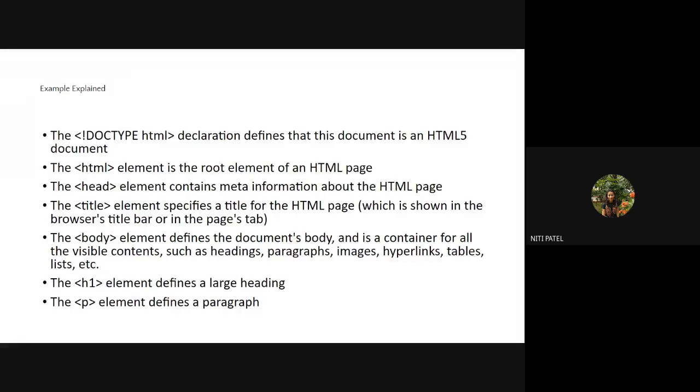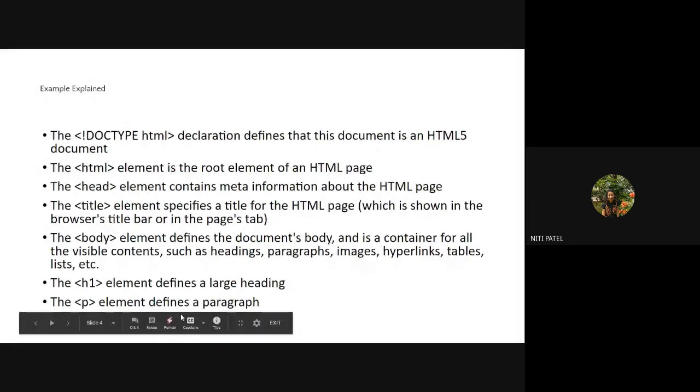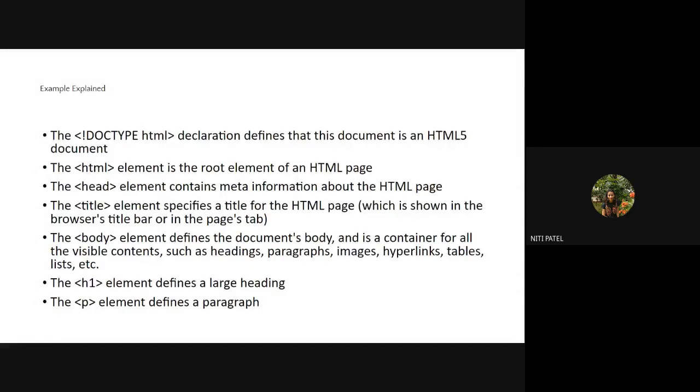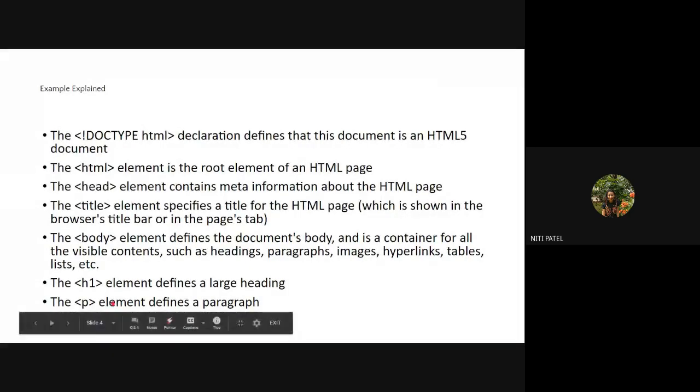If you want to show a table or display the timetable online, how is a table made? It is made inside the body tag. Okay, if you want to show some list, that you have these many students in first year, and if you want to show that in the web page, how is that list made? It is made inside the body tag. Okay, so whatever headings, whatever contents, images, graphics, animation, whatever you want to put, that is always added inside the body tag.